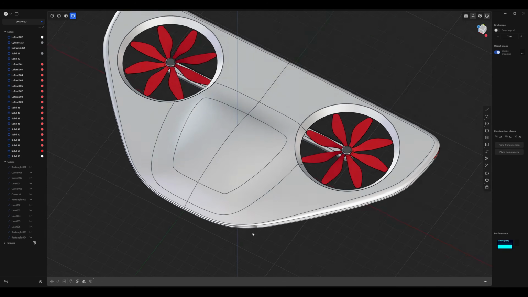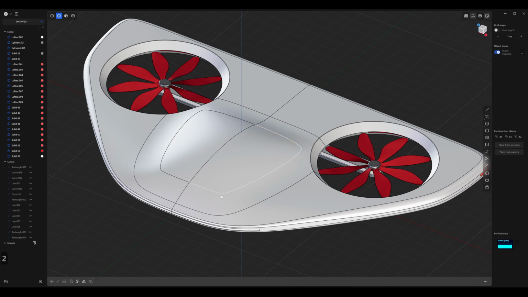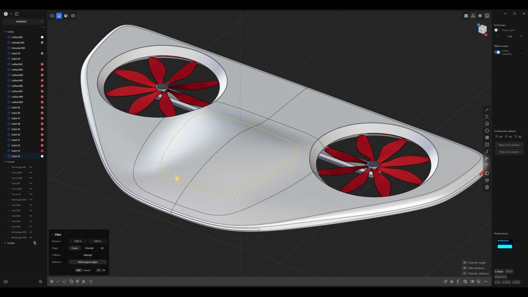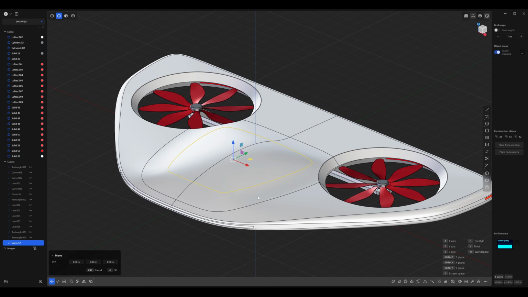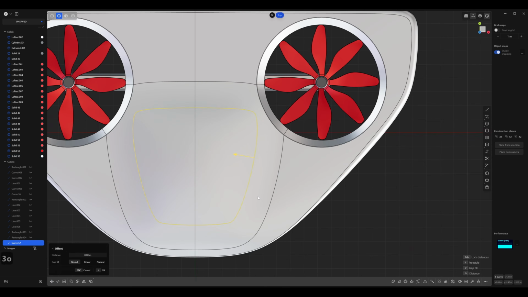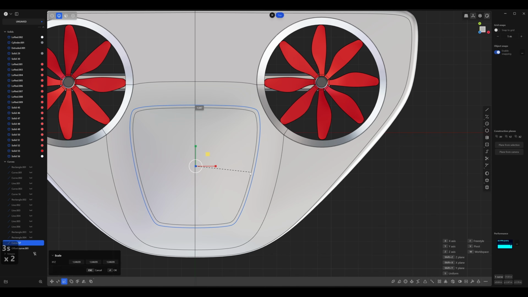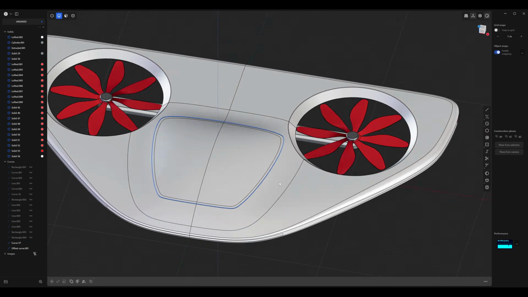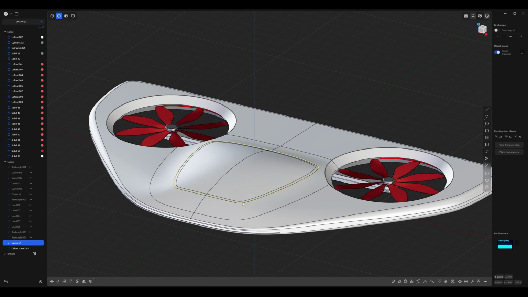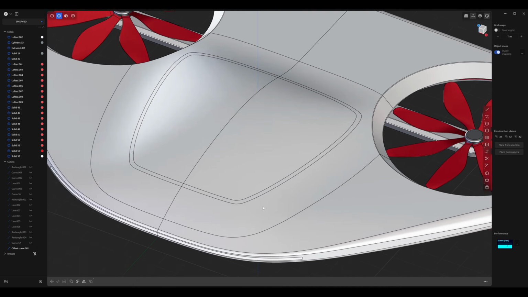And let's try one more thing. Let's go ahead and select this edge, shift select this one as well, press Shift D, right click to accept that, and then let's go to the top view, press O to offset so we can grow it a little bit. Right click, press Shift I, and click on the body. Now it'll create a projected curve, so let's go ahead and hide it. You'll see it's projected over here.